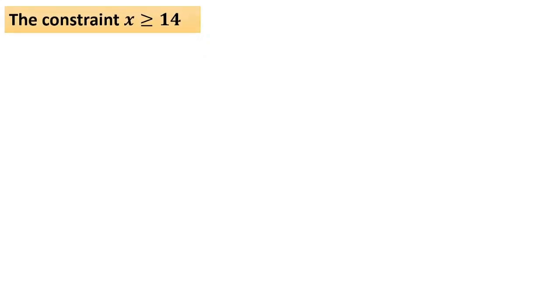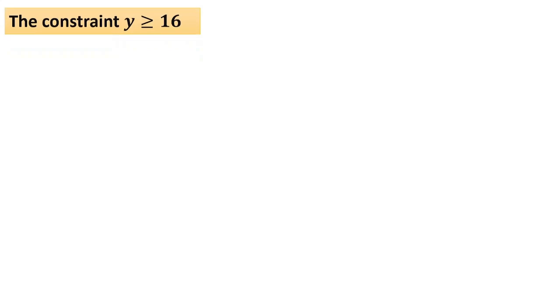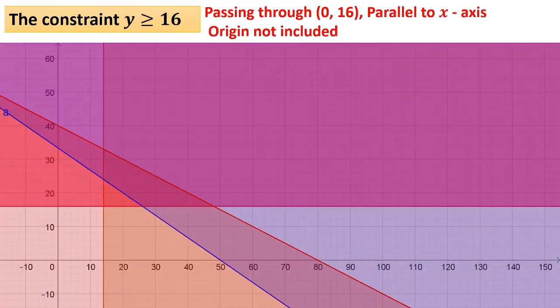Again I am taking the third one. x greater than or equal to 14. Passing through 14, 0 parallel to y axis. This is the line. And origin not included. Therefore it goes outside. That is away from the origin. Go to the last constraint, y greater than or equal to 16, passing through 0, 16, parallel to x-axis, origin